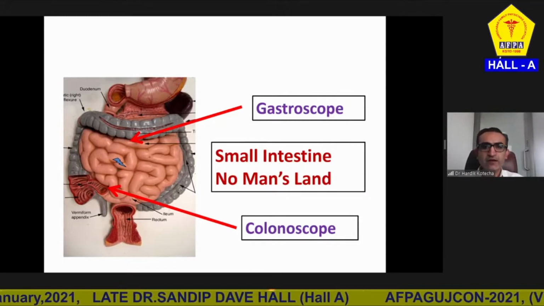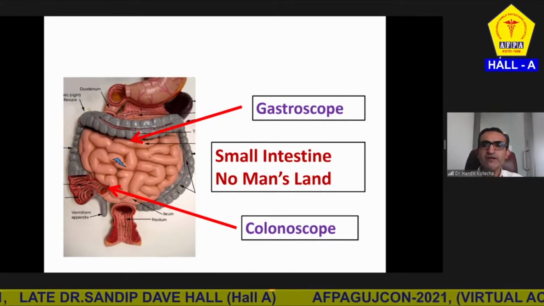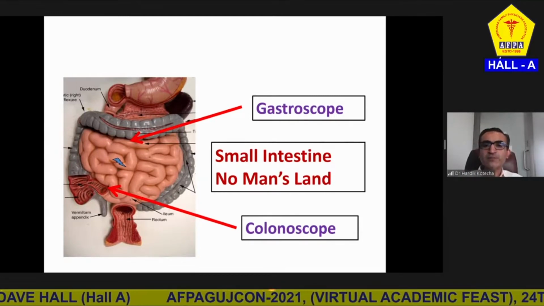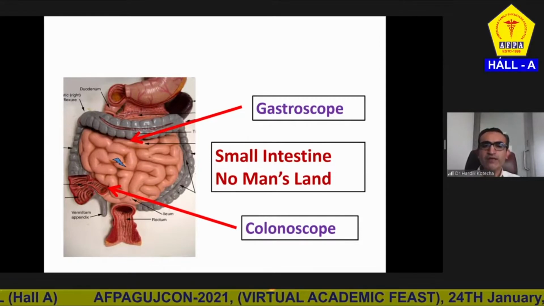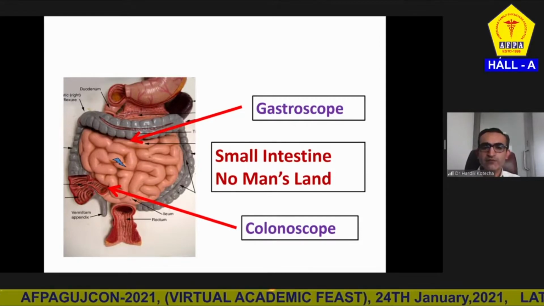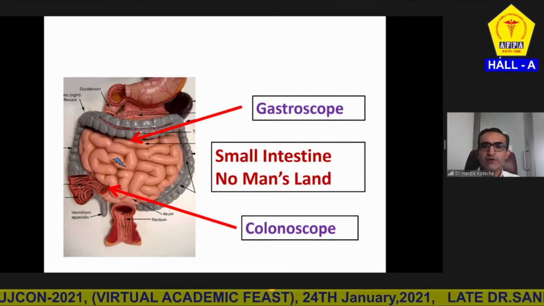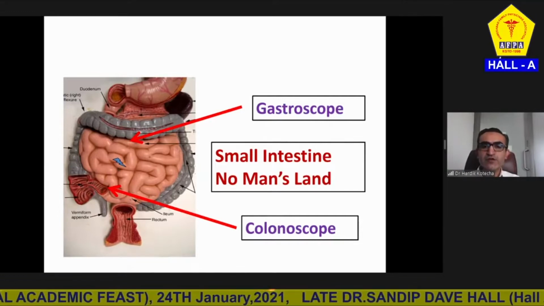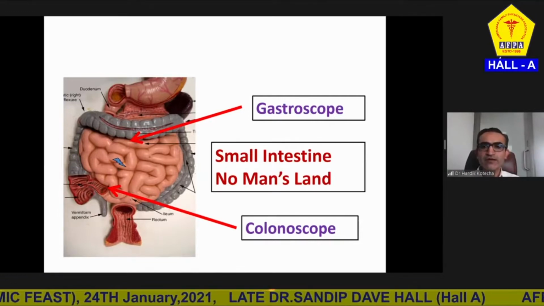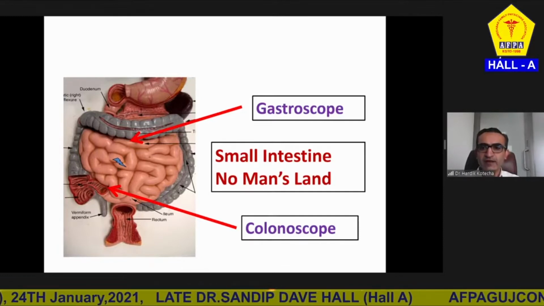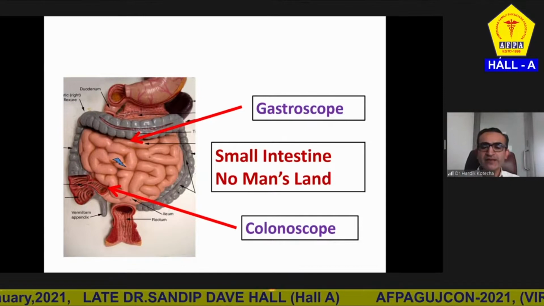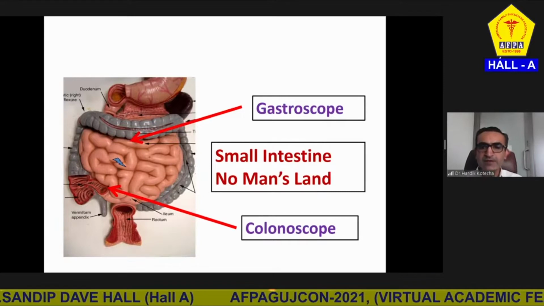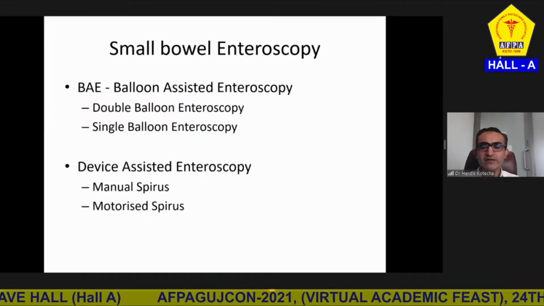We cannot reach there. Of course, we had capsule endoscopy where we can make the patient swallow a capsule and see the small intestinal mucosa. But that was a purely diagnostic tool. We cannot do anything therapeutic in the small intestine. For the past 2 decades, we have got enteroscopes, which are long scopes, and we have assistance in the scopes through either the help of a balloon overtube or with the help of a mechanism which is known as a spiral device, whereby we can reach practically the entire length of small intestine endoscopically and do all forms of therapeutic maneuvers. So there are balloon assisted endoscopes.